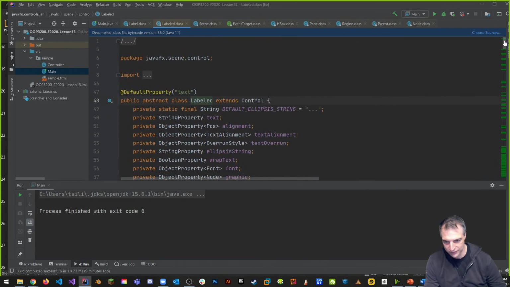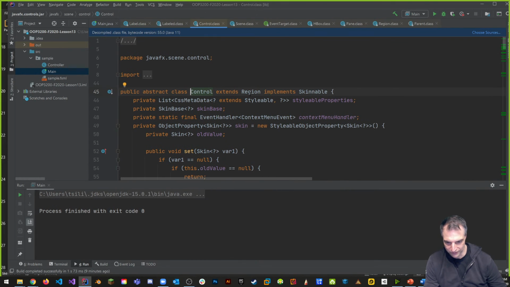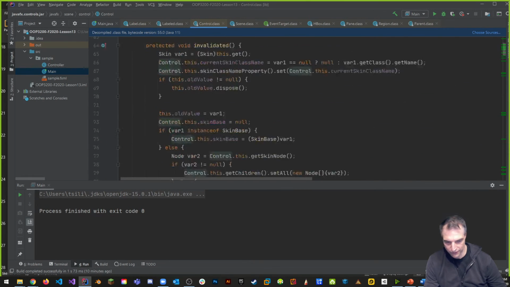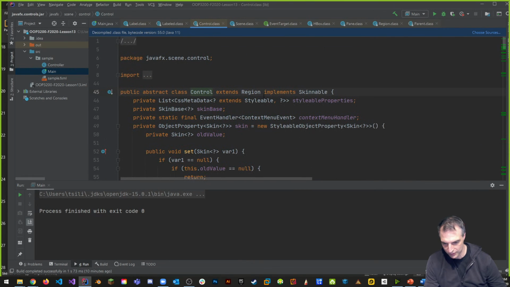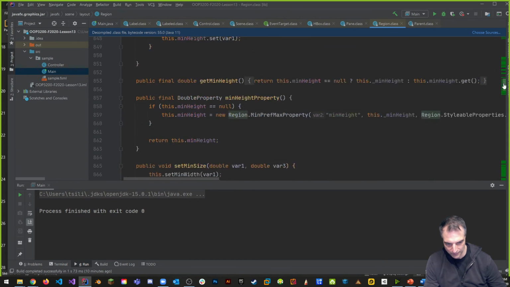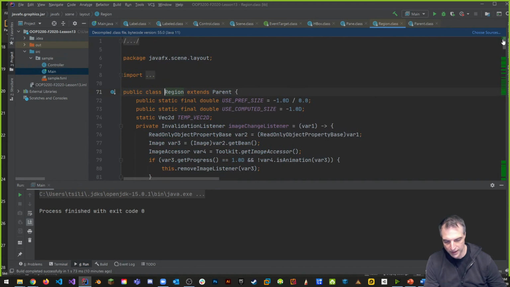So we're looking at, let's say, 1,000 lines of code for Label so far. And then it extends Control, and look at this, it extends Region. So for Control, 1,000 plus another 500 or 600 makes 1,600. We know what Region is, 1,600 plus another, let's say, 2,500. So that is,